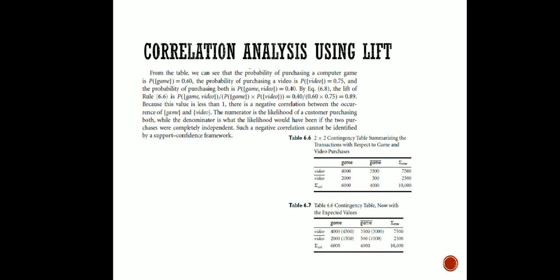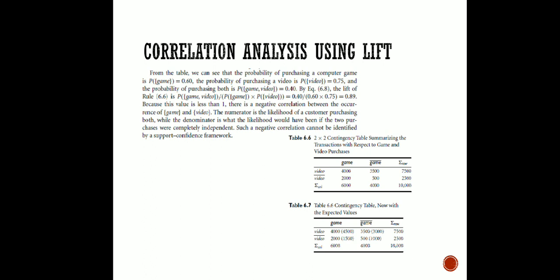So if we put a rule on them, that my purchasing of video depends on the purchasing of computer games, it is not so. It will lead us to a wrong path, right? So we are not going to treat them as two items having a good correlation among them. It is not like so. So we are not going to impose the rule on them, right?